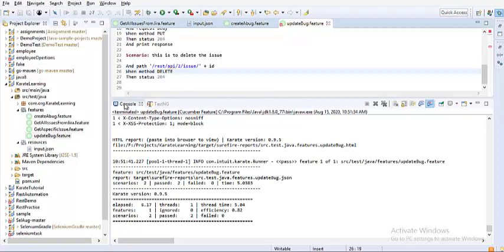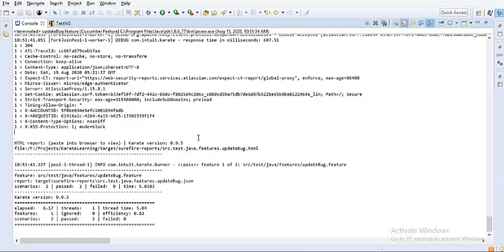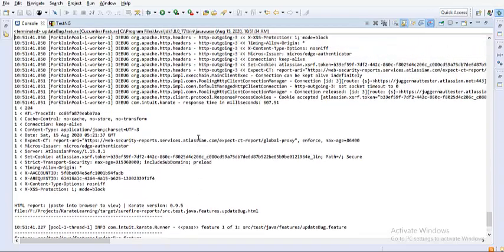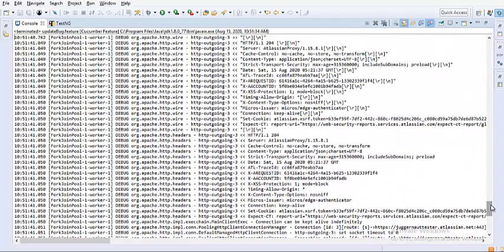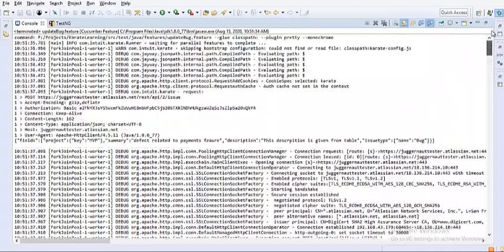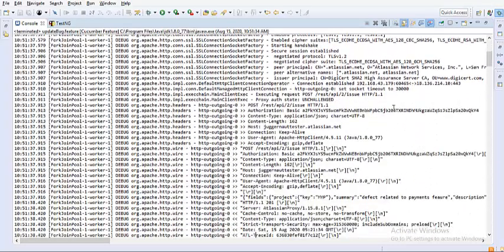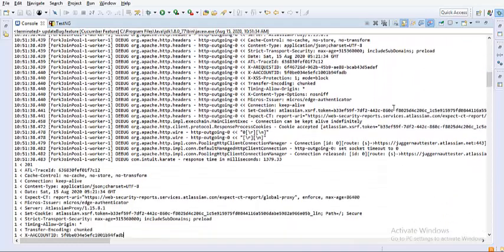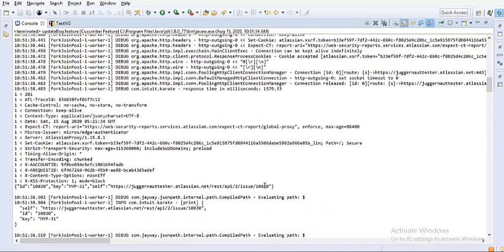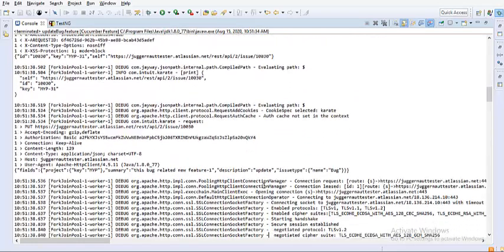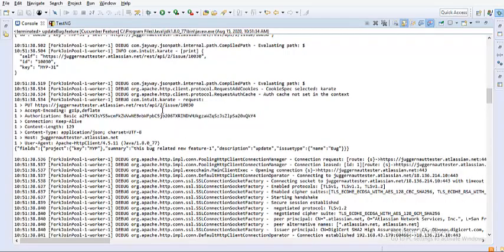And then when I expand this response, let's see what is the endpoint that is invoked and what record got created and what was deleted. So if I just scroll above, first the create record would have been executed, and let me see what is the response of it and what is the ID of it, and from there we would have got the response. So 10030 is the bug that was created, and the same bug was updated using the put method.